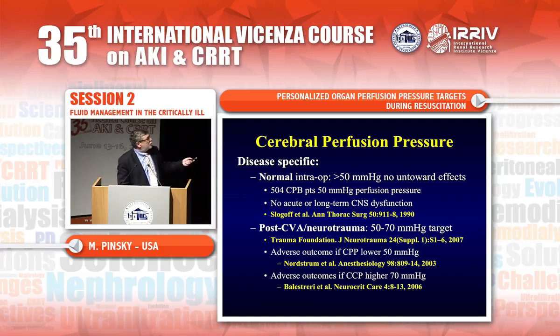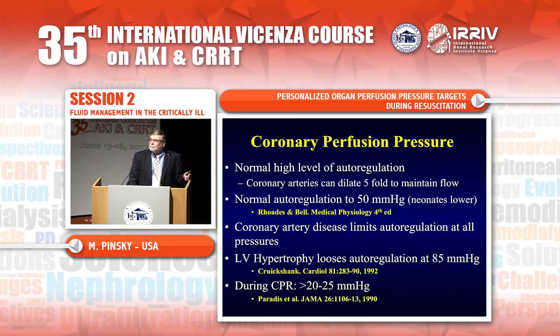Okay? So for the cerebral circulation, and this we went to all the societies and asked them the answers, and this is the response from the various societies. For the neurology and critical care neurology, they are saying intraoperative, you want to keep the perfusion pressure for the brain greater than 50. We think between 50 to 70 for post-trauma, and in CPR, you want to keep it above the same amount. For the coronaries, it's 50, but during CPR, you want to have a coronary perfusion pressure of at least 25,